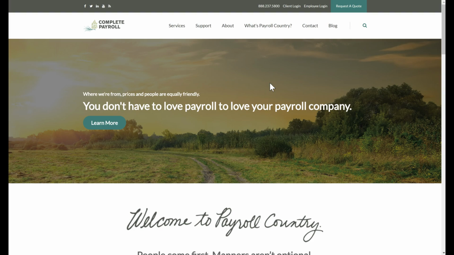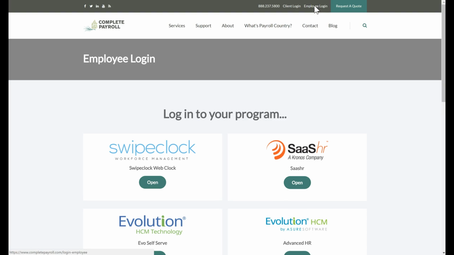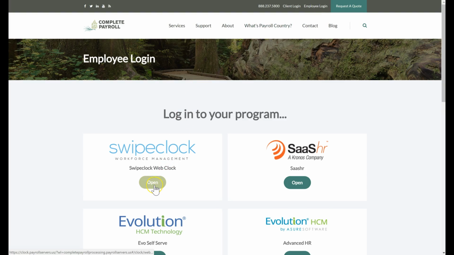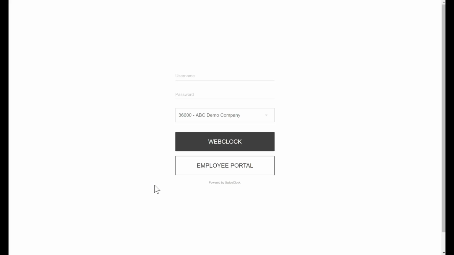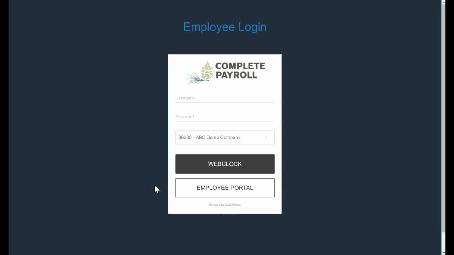To enter our portal, we're going to start at CompletePayroll.com and click on Employee Login at the top of the screen. To log into Swipe Clock, I'll click on the Open button here, and now I'll just enter in my username and password. If I am just clocking in and out, I can click on Web Clock, which will give me the options to either clock in or out depending on the time of day that it is. And then if I want to go into the portal itself, I'm going to click on the Employee Portal button